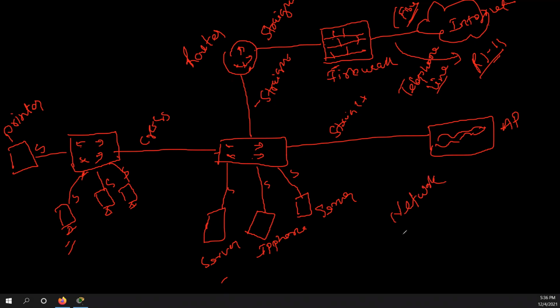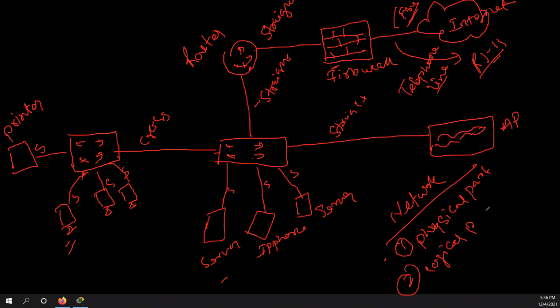On a network, you would see two parts. One is the physical part, and the other is the logical part. The physical part is their physical connectivity, like how they are arranged.